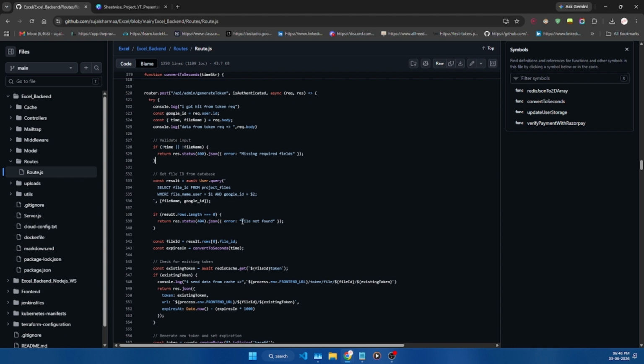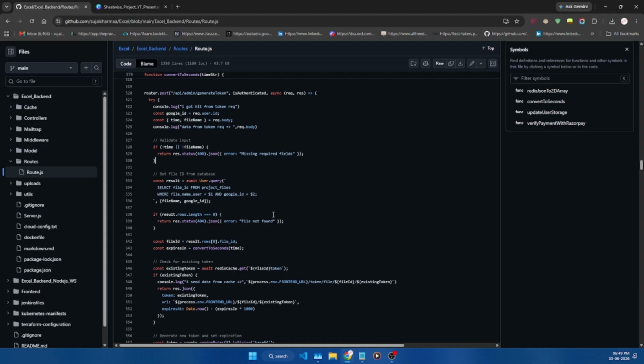It takes a time string like 1 hour or 1 day, converts it into seconds, and checks if an active token already exists in Redis. If not, it uses crypto.randomBytes to generate a secure string, saves it in Redis with an expiration TTL, and returns a front-end URL structured as